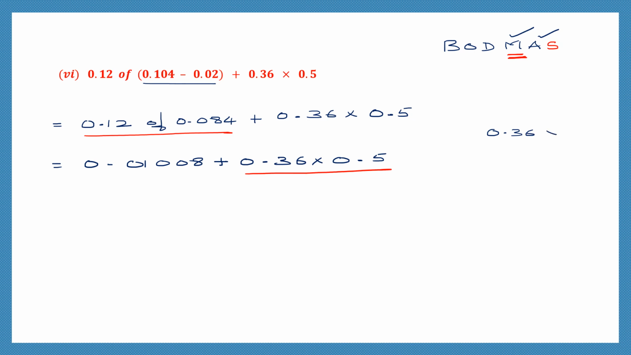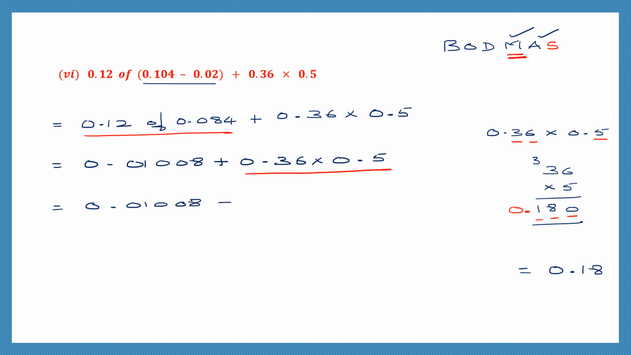0.36 into 0.5. Ignore the point and multiply. 36 into 5. 5 6s are 30, carry 3. 5 3s are 15, 16, 17, 18. Now let's go back and look at the decimal places. 1, 2, 3. So 1, 2, 3, the point comes here and we put a 0. So this will be 0.180 or 0.18. So let's write that. So this is 0.01008 plus